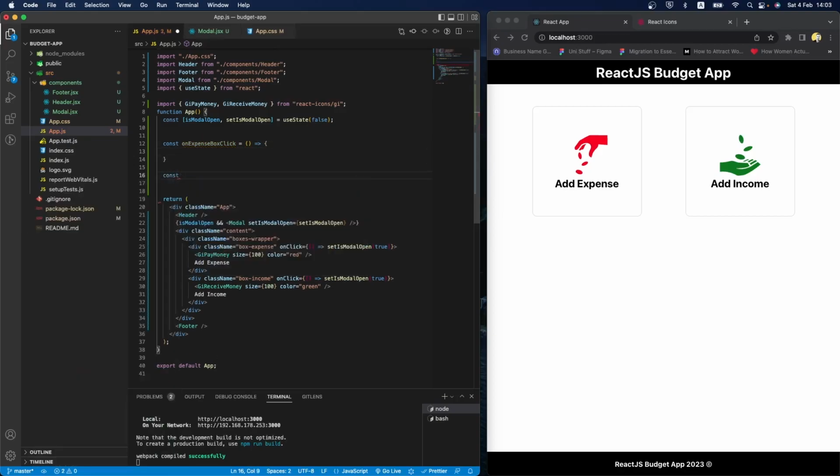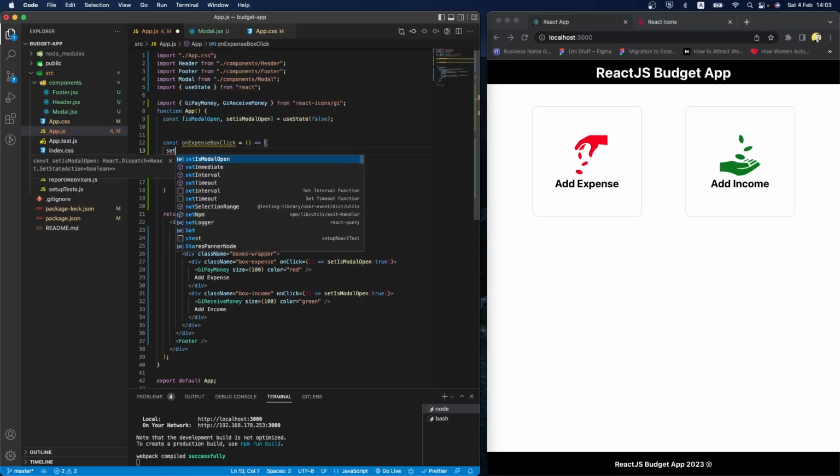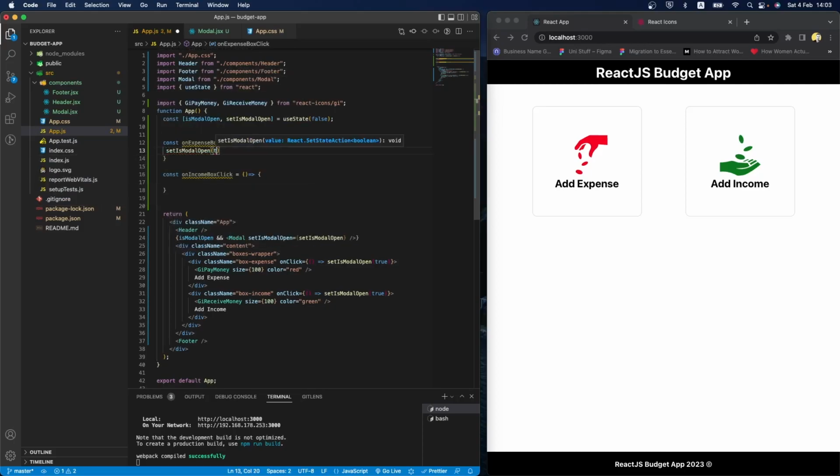I'm going to say const on income box click, and that's going to be the same. And we can do for both of them. We will say set is modal open to be true,